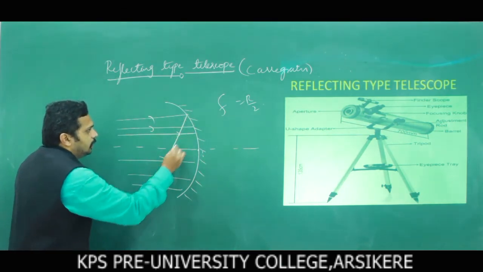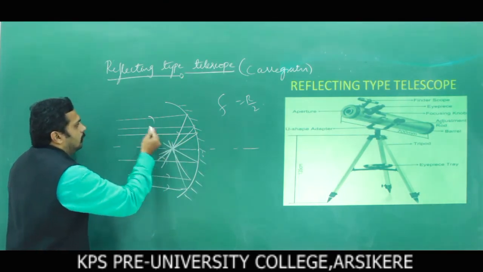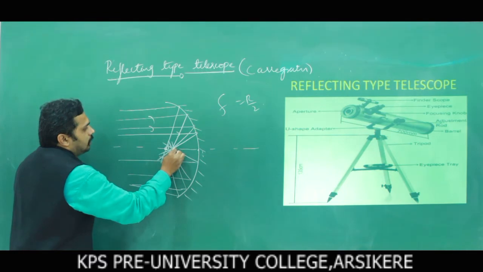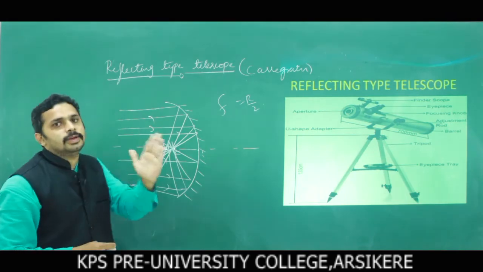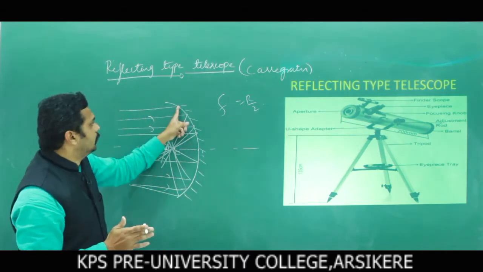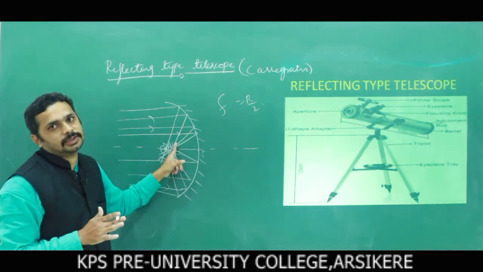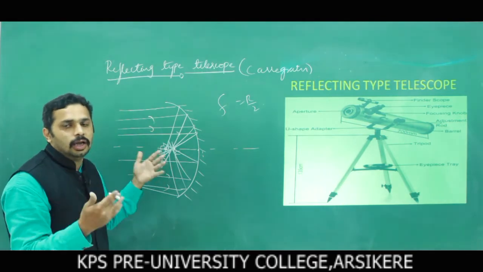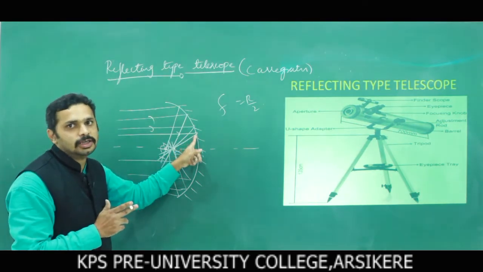After reflection, look here, the reflected rays meet at one point. But this is spherical, and if you use spherical mirrors, some defects are there. Actually all the rays must focus at one point to get a sharp image. But here, due to spherical aberration, mirrors also have spherical aberration. There are no color defects; if you use white light, all the colors meet at one point. But in spherical mirrors, spherical aberration is there.